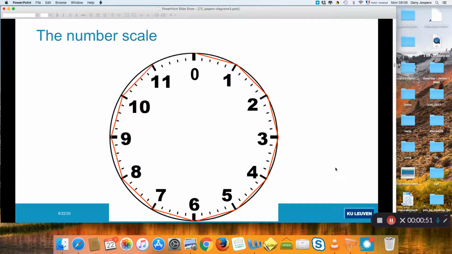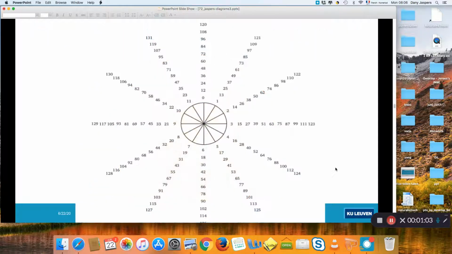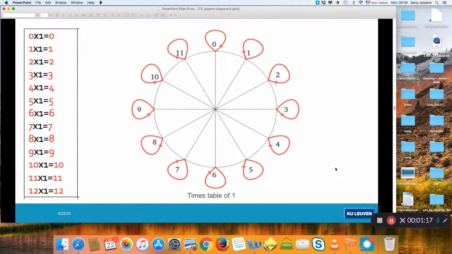We can use the analog clock to represent it. You go to 12, but then you can go on and add new numbers to each of the positions. That was the invention of Gauss, his clock arithmetic. And in principle, that means that you have an infinite number of numbers neatly arrayed in different rays of this representation. And after children have learned how to multiply by rote learning, it is very useful to teach them